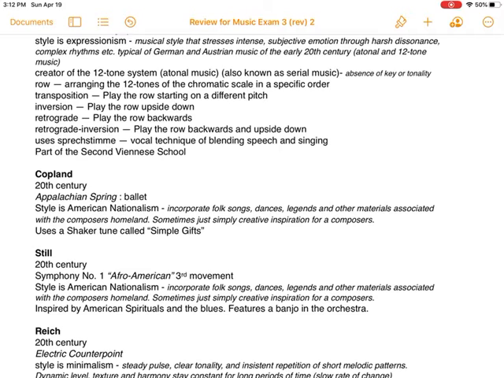The ballet is about a pioneer celebrating in spring around a newly built farmhouse in the Pennsylvania hills in the early part of the 1800s. So it has a very folksy quality to it. In Copland, because of the music that he was influenced by, he writes, as I've already mentioned, music that sounds like American folk music. But he also uses a very popular folk tune, and there it is. He uses a Shaker tune.